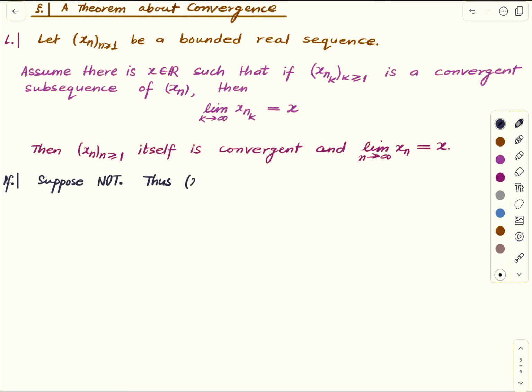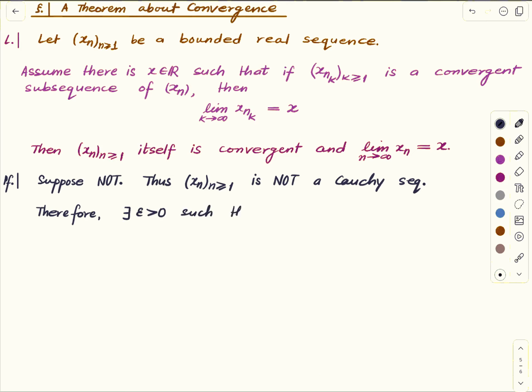Therefore, this is not a Cauchy sequence. Okay. Now, using the definition of Cauchiness, or the contrapositive of it, therefore there exists epsilon. There is some epsilon greater than 0 such that